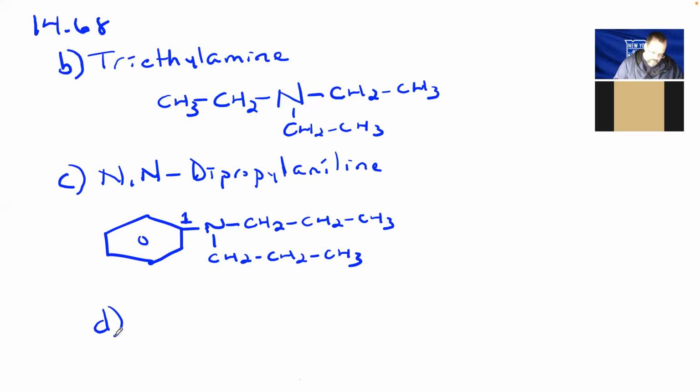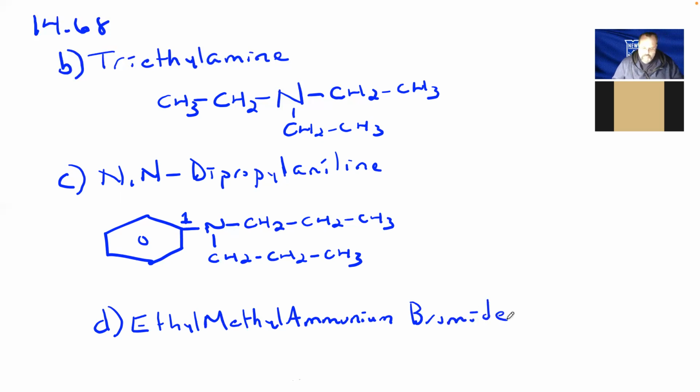Letter D. Ethyl, methyl, ammonium, bromide. Now, this name essentially reflects what sometimes I like to refer to as quaternary amines. In terms of an exact definition, you'd want to have 4 carbons on the nitrogen, but it just reflects the